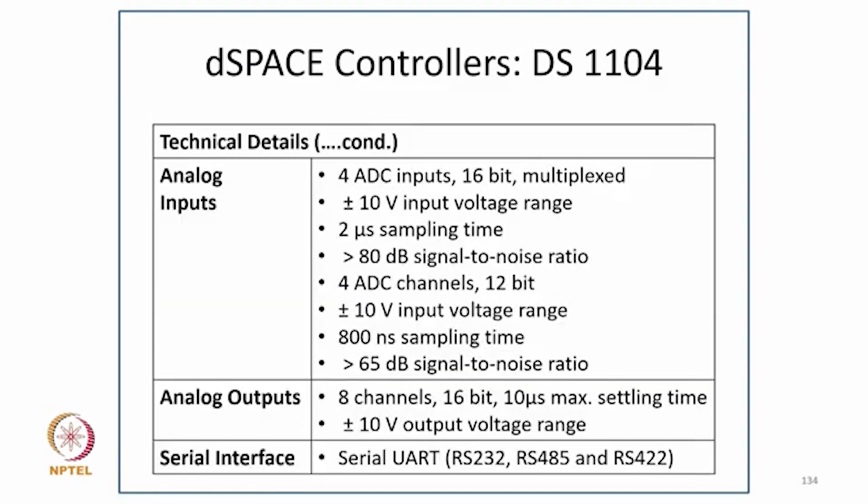And analog inputs are 4 ADC channels, 16-bit multiplexed, plus minus 10 volt input voltage range, 2 microsecond sampling period, greater than 80 dB signal to noise ratio, and 4 ADC channels of 12 bit with plus minus 10 volt input voltage range and 800 nanosecond sampling time, greater than 65 dB signal to noise ratio. Analog output is 8 channels of 16 bit, 10 microsecond maximum sampling time, with plus minus 10 volt output voltage range, and serial interface is serial UART RS232, RS485 and